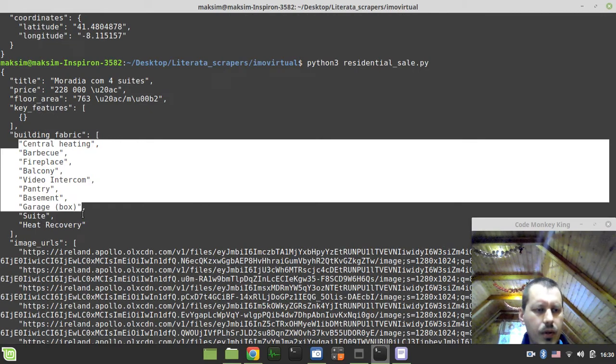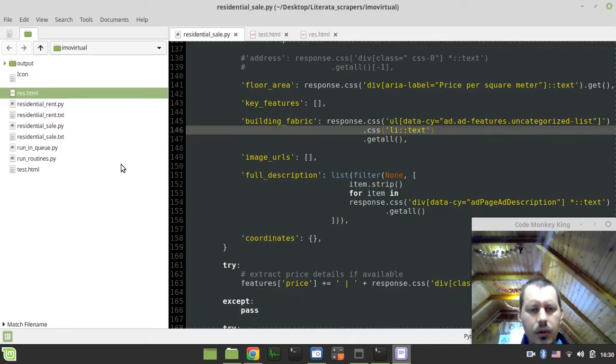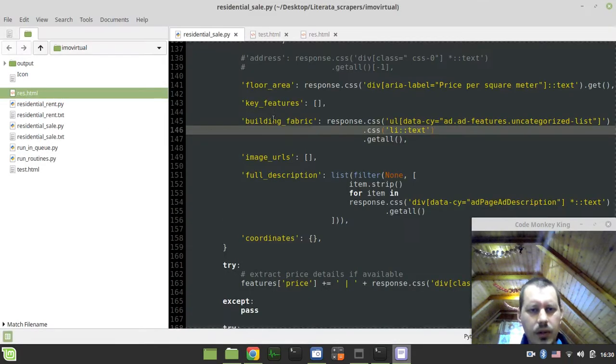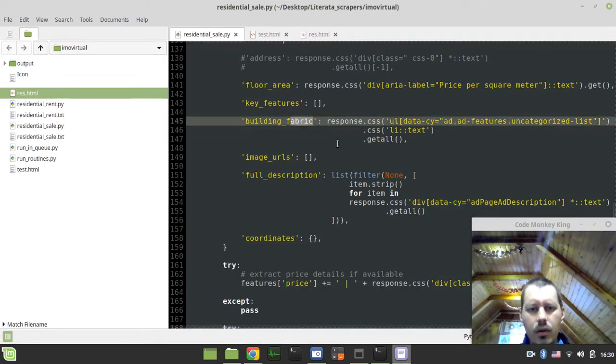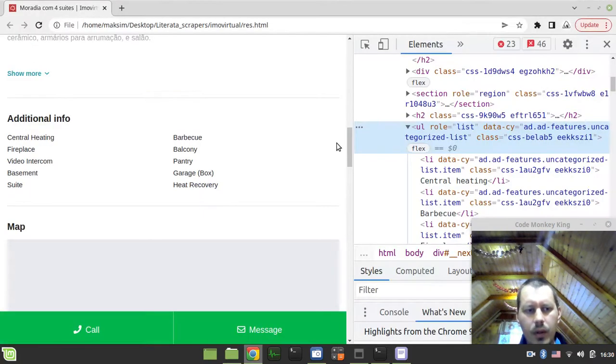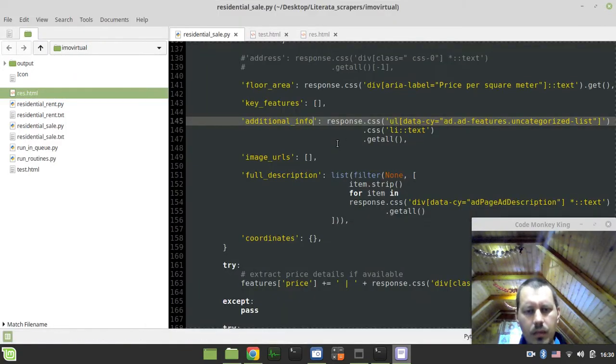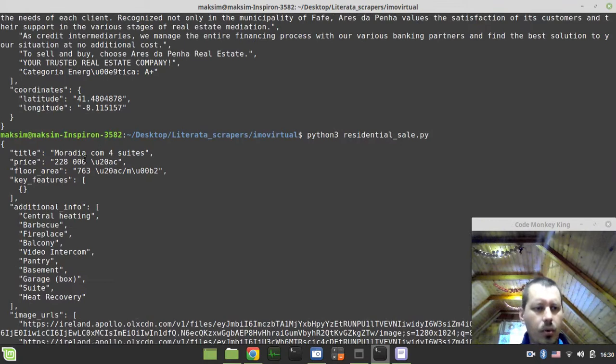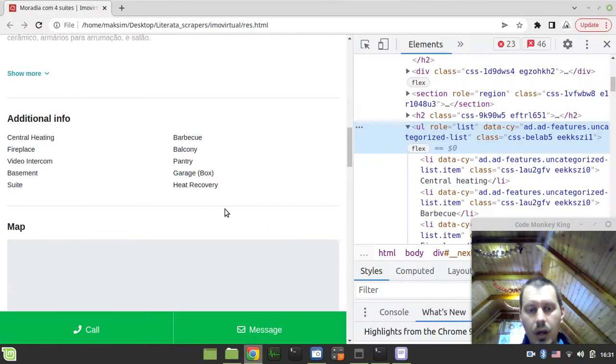Now we have this. Well, actually, it's better to call it, it's maybe not exactly, so let's call it additional info instead. Additional info, because this is what it really is. So we got our additional info, which is fantastic. Okay, and the key features finally.